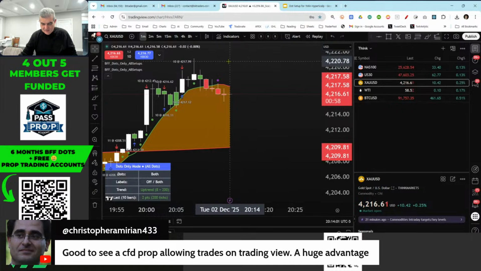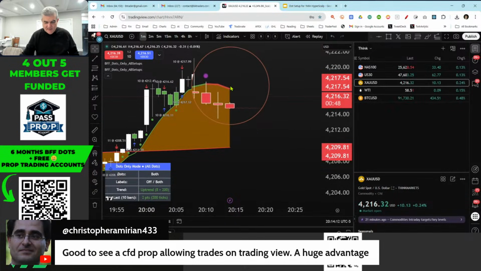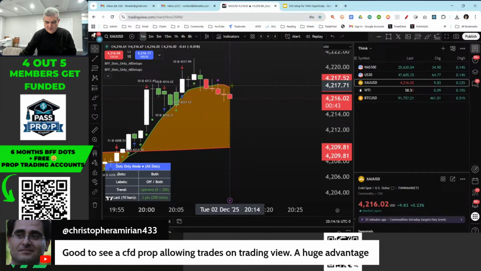Gold is doing a little bit of a correction here. Let's see how much of a correction. Now the slope finally went red, but we don't have what we need, which is a red dot candle. If we get a red dot candle, we'll try to short this thing. That would be a reversal move here. But you can see the slope went a little bit red on the move.